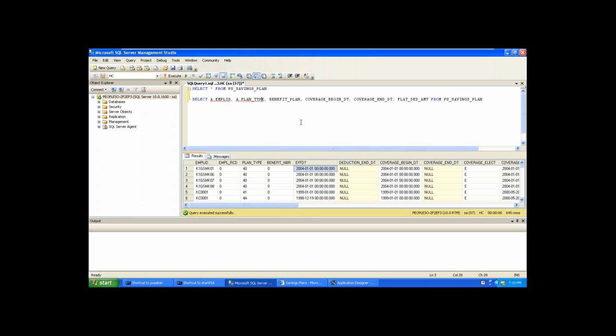Just observe carefully. Here we are just preparing our basic query. I am giving some alias names to prepare the effective date query.